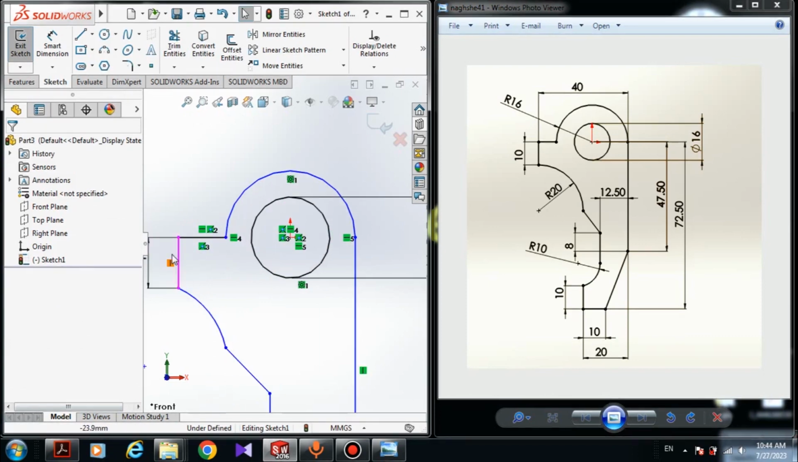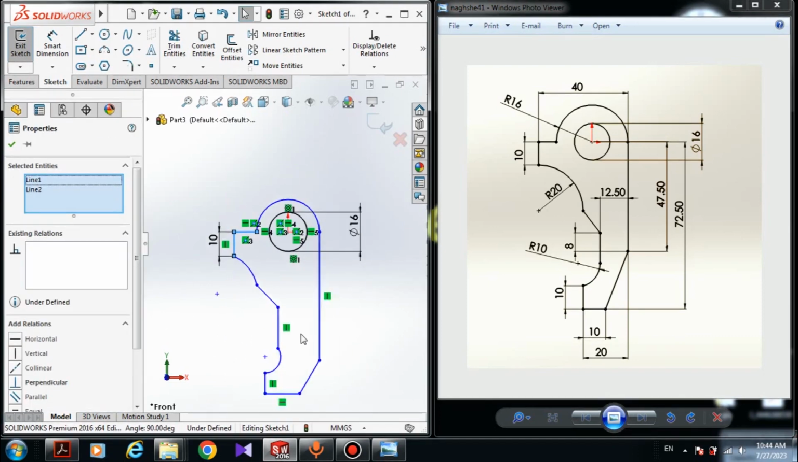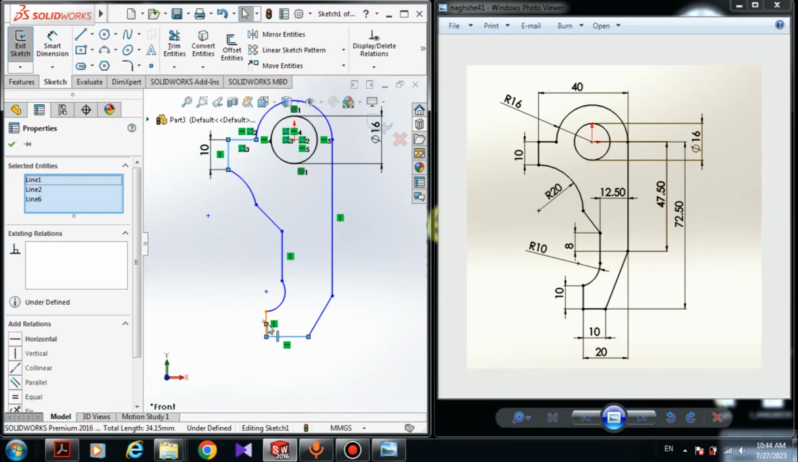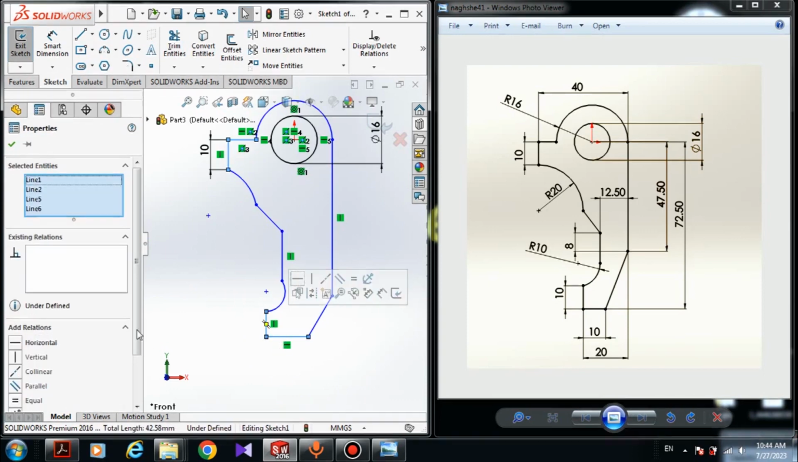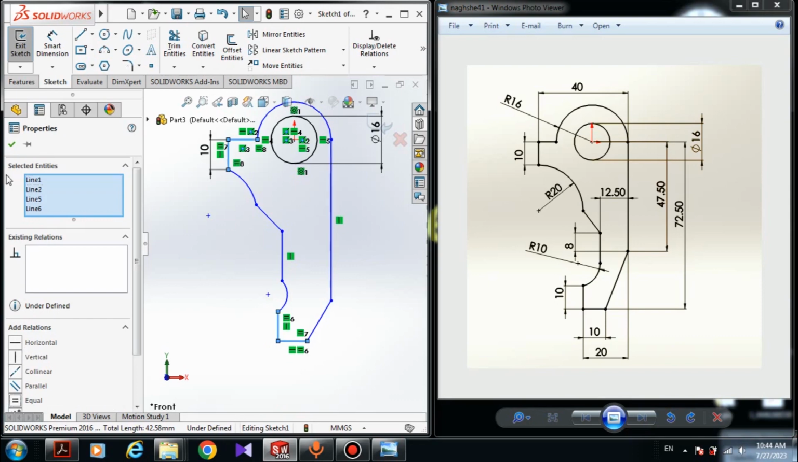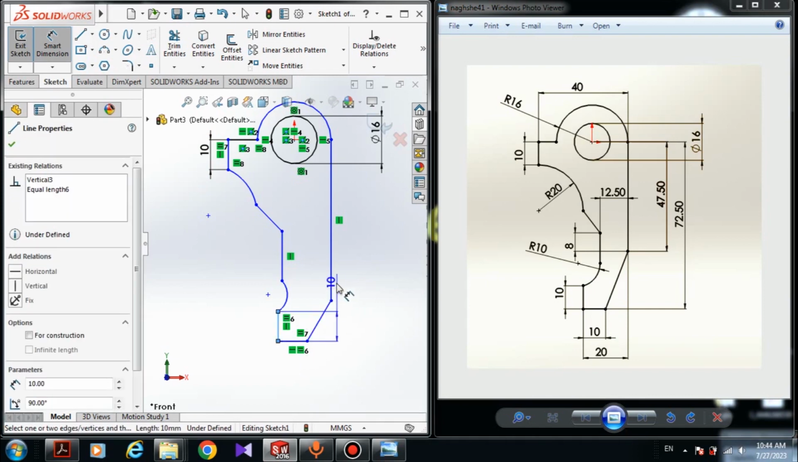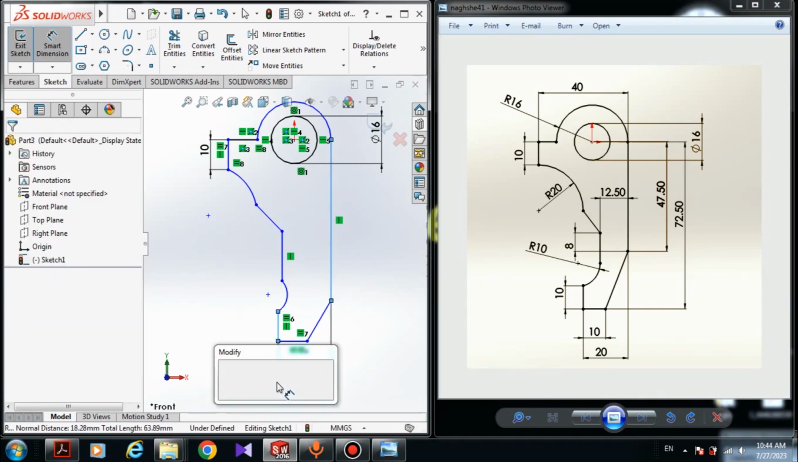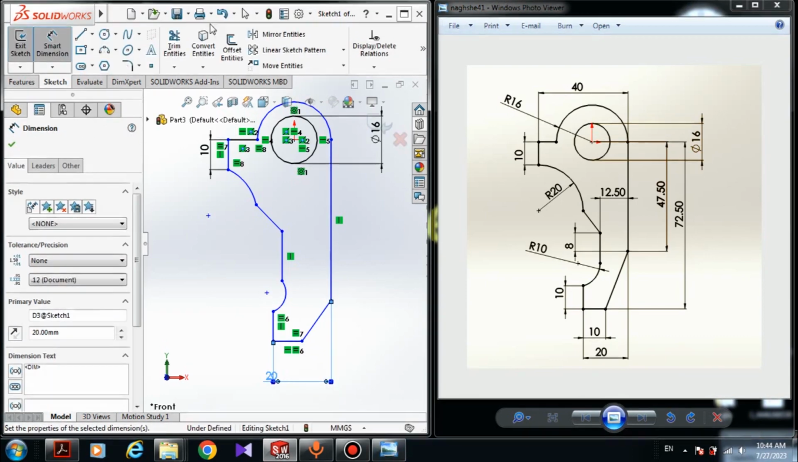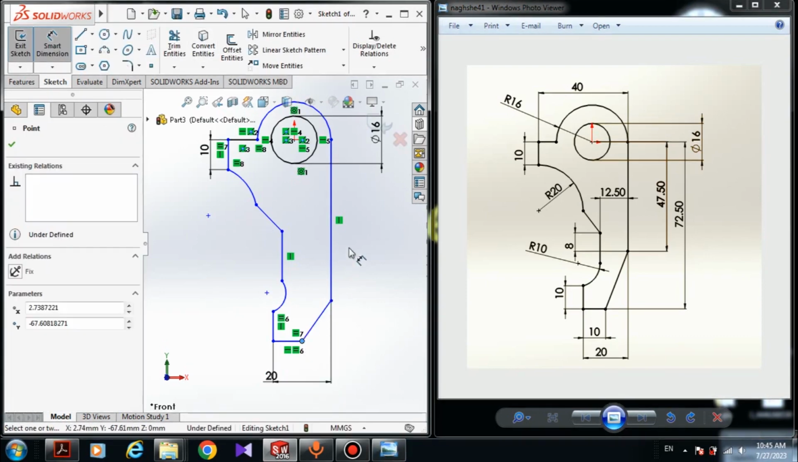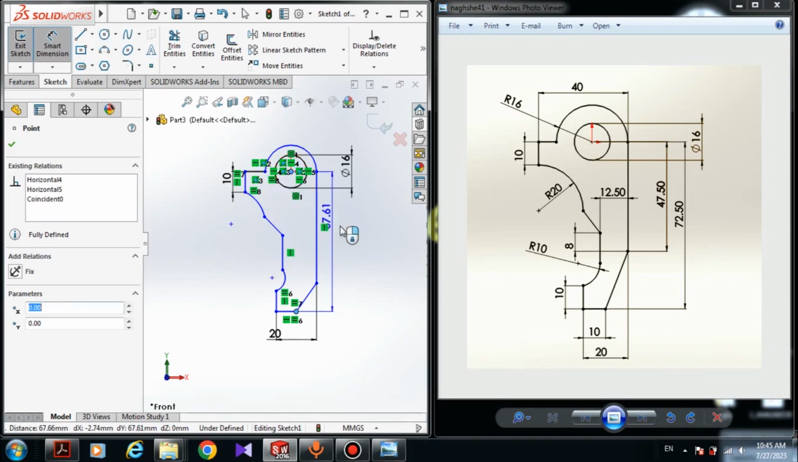And the line here, hold the control button and choose this line and this line and this one and this one, and in add relation give all these 4 lines equal relation. Now they have all the same dimension, the dimension of 10 millimeter. Choose a smart dimension. The dimension of this line to the line here is 20 millimeter, and the dimension from this point to the origin point is